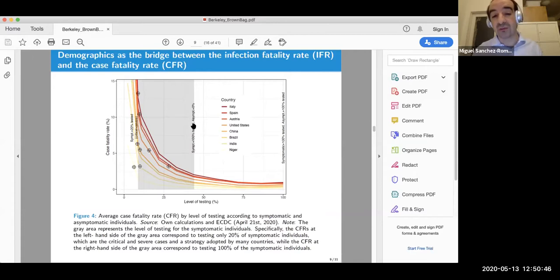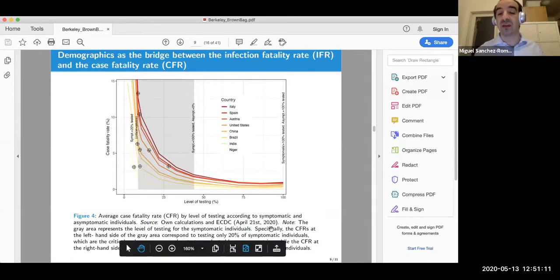If we are on the right-hand side of this shaded area, at this frontier, it means that we are testing all symptomatic individuals. And whenever we start having values beyond it, it implies that we are already testing 100% of the symptomatic individuals plus asymptomatic individuals. And based on the reports from April 21st,